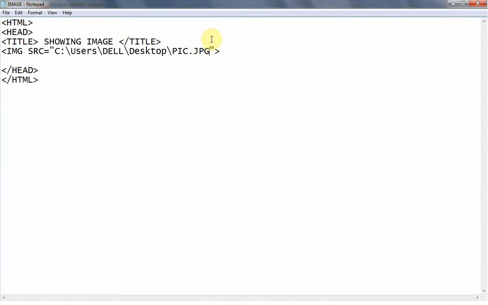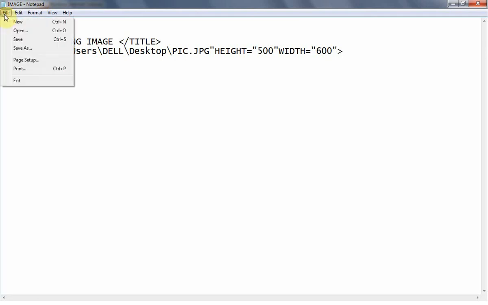Now if I want to change the height and width of this image, then let's go to the height and width attribute. So just write, the width of the image should be 600.